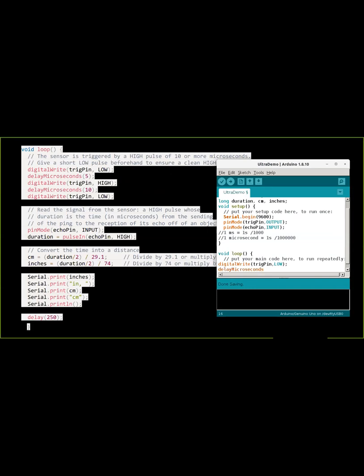Microseconds. Okay, for now, please use delayMicroseconds itself and not the regular delay. Let me just copy this same thing and paste it. Okay, for my 5 microseconds, I'll have to keep it low, then high, then for 10, I'll have to